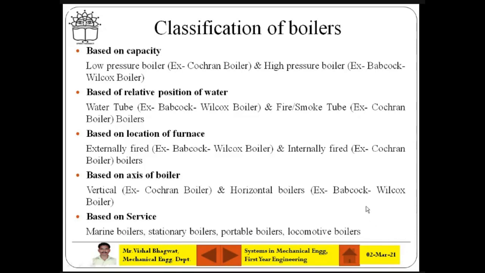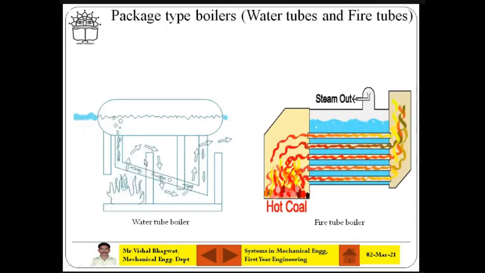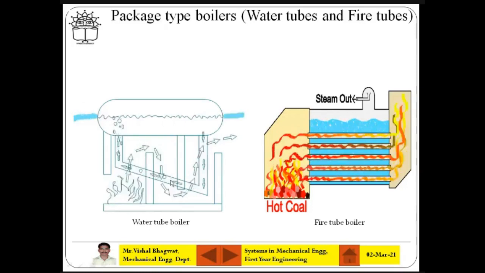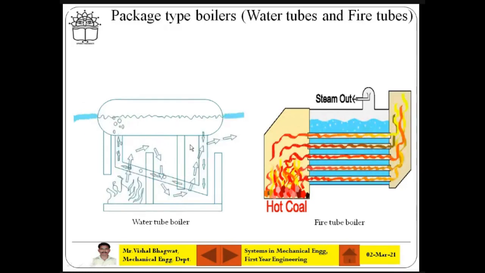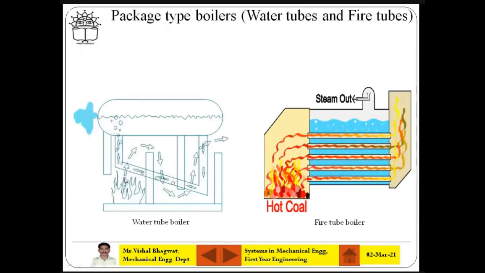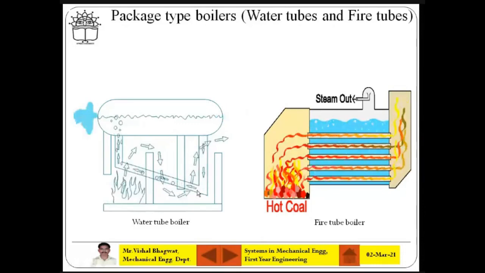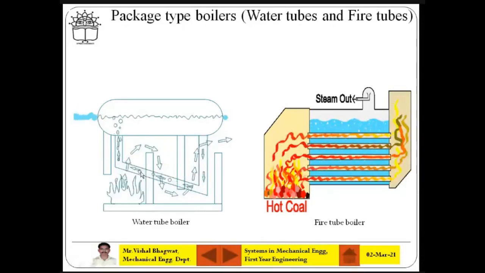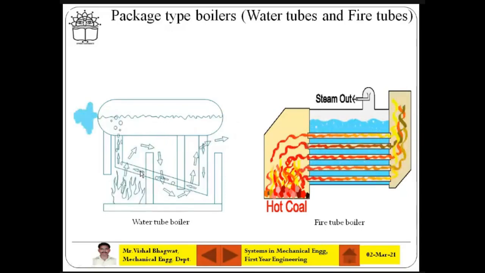Okay, fine. So this is a small classification of the boiler. If you see the simple animation here, this is a water tube boiler because water is flowing through the tubes, right? And here this is the combustion chamber. So hot flue gases are passing over these water tubes, and there is good contact of the flue gases with the water tubes. Even though there are more tubes, the contact is too much, and that's why you get a high efficiency here.